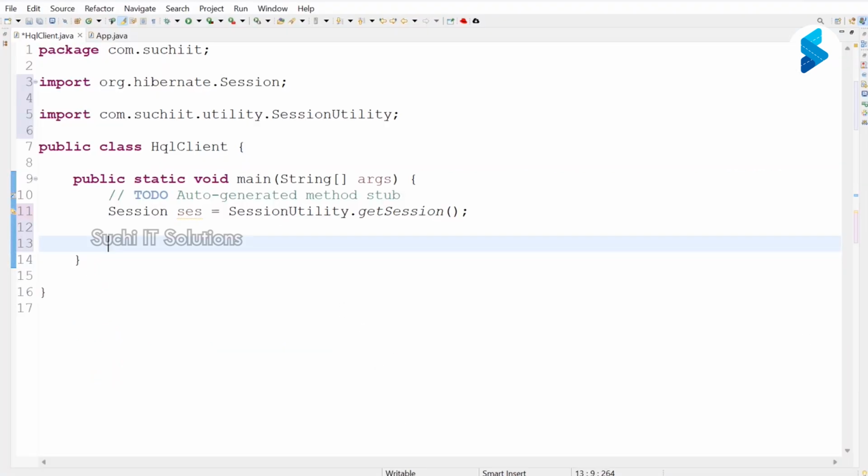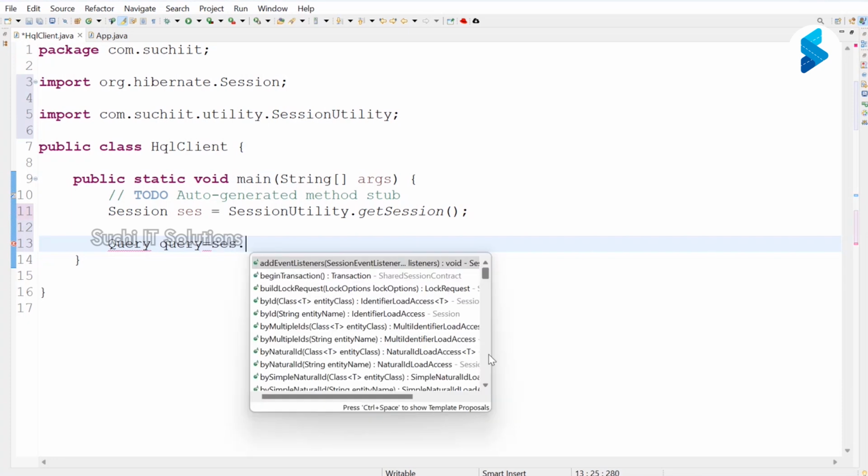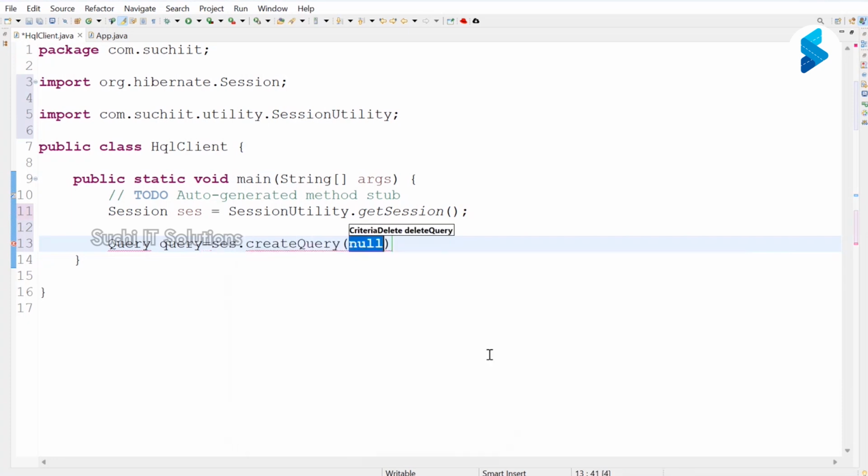Let me show you practically. Then, Query, new, sorry. session.createQuery. I told you, right? createQuery. Then you can write the query here: from Employee